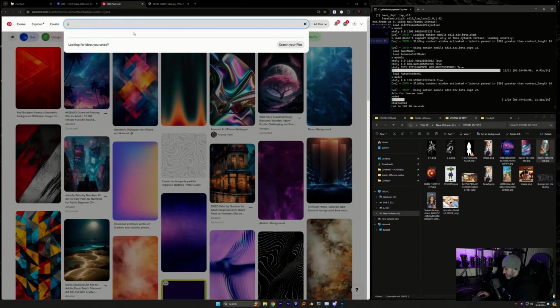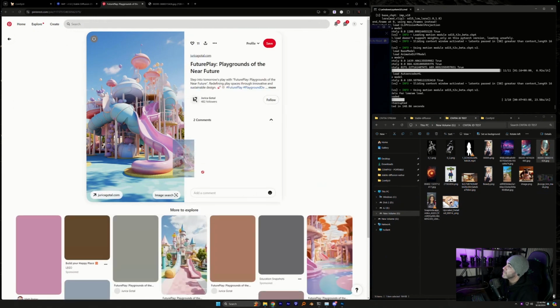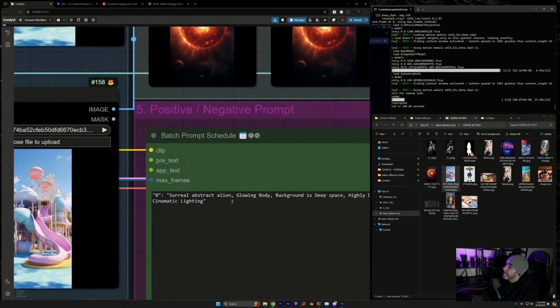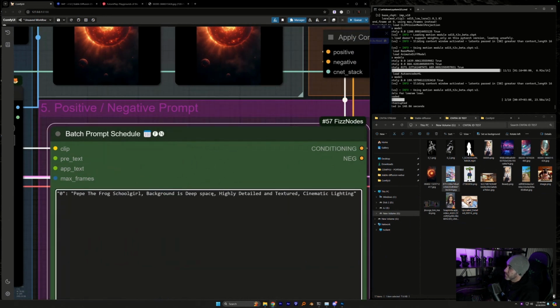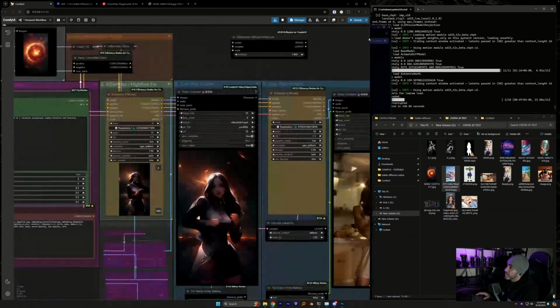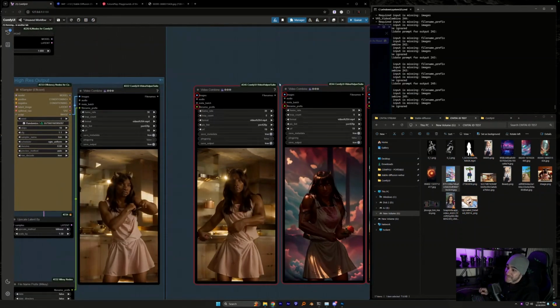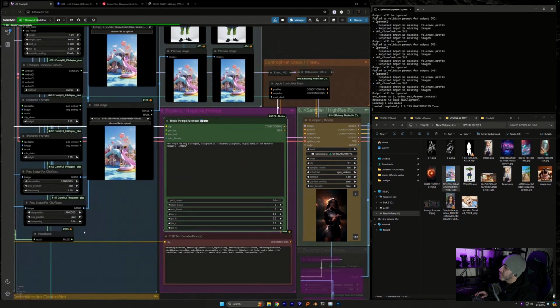Okay, wait. Boom. Okay, let's see how it does with schoolgirl Pepe.